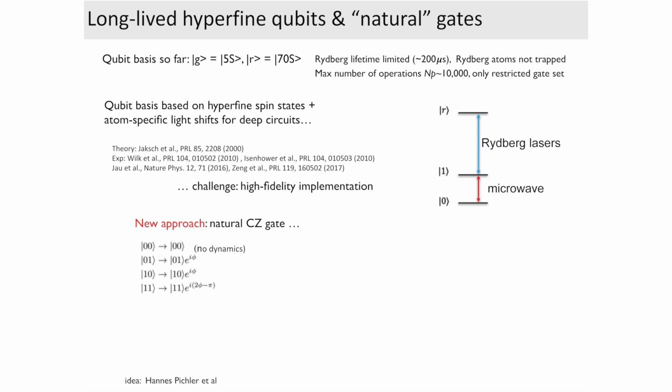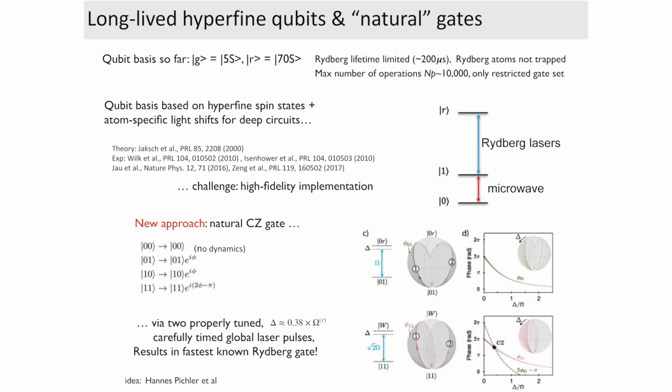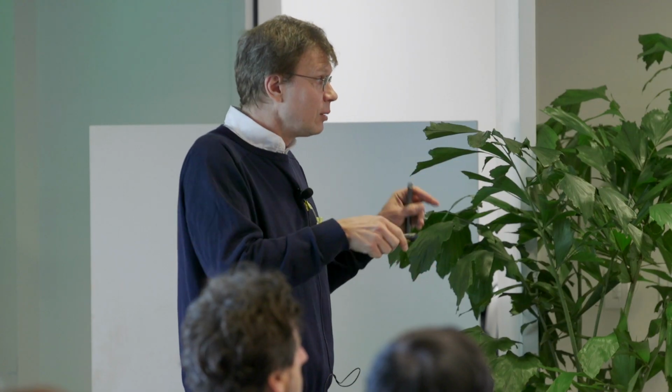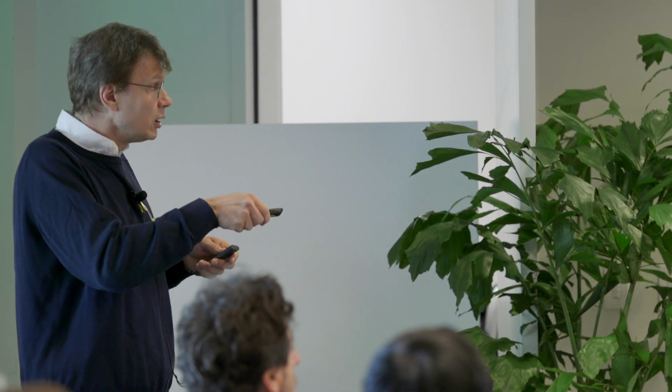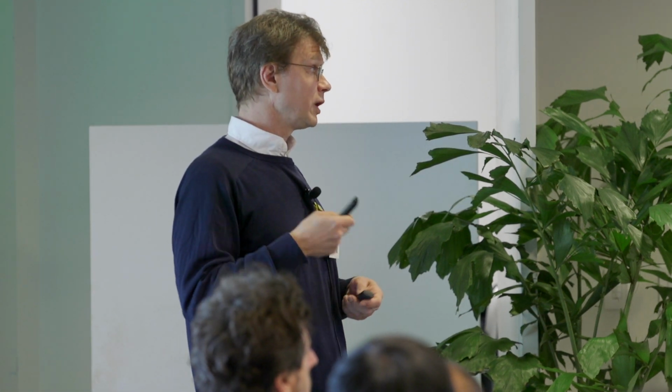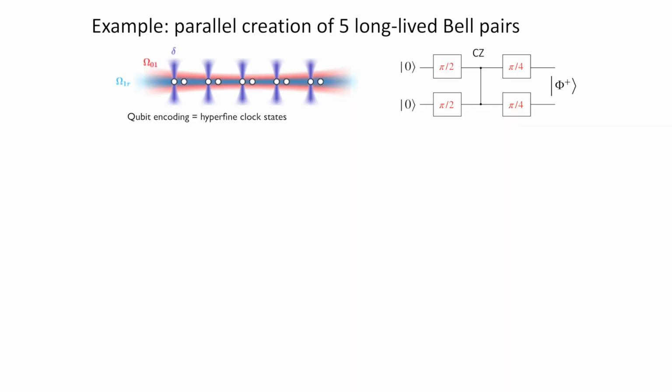And actually, combining these technical improvements with new ideas from people like Hannes, we have now developed new ways to implement these two-qubit gates. And the idea here is just to excite atoms simultaneously by properly detuned and properly timed laser pulses. In that way, you can engineer the phase to be exactly what is needed to apply, for example, controlled-Z gates. And so here are some first experiments where we actually did this